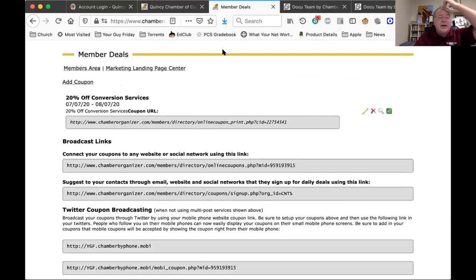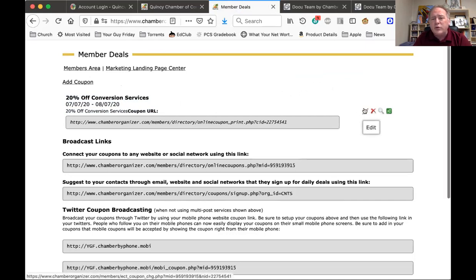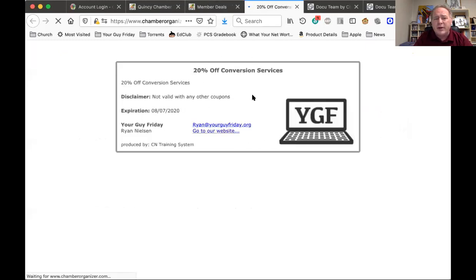All right. So then when you click that, it's going to take you back where you're going to now see the coupon that you just entered. Now, if you want to view what it actually looks like, you just come over here. Now, again, just real quick, these icons. If you want to edit it or change anything, that's the little pencil icon. To delete it, you'll just click the X. You can, again, share it. This is the multi-share, so the multi-post that I talked about before. And then right here is view. So I'll go ahead and click on view, and it's going to bring it up.